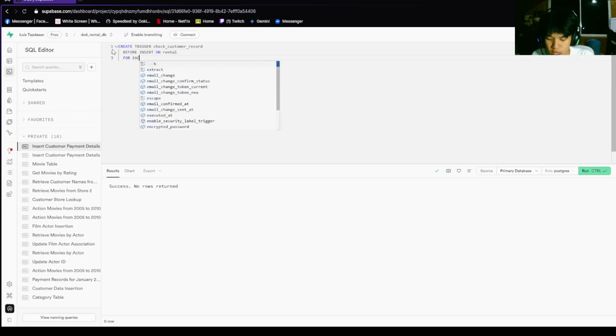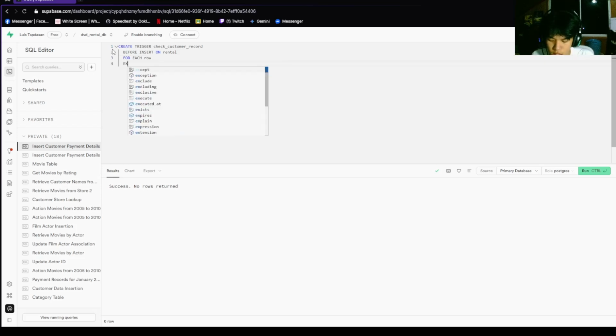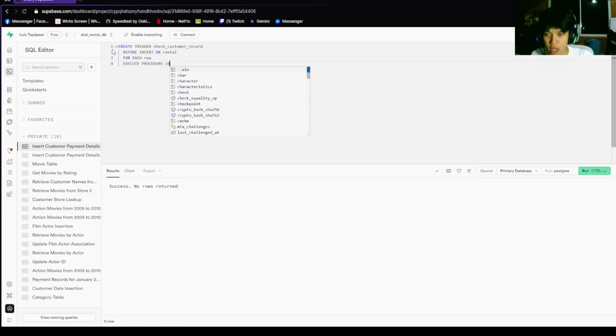For each row, execute procedure check_customer_record, and then after that, semicolon. So this will be the trigger that I'll be creating.